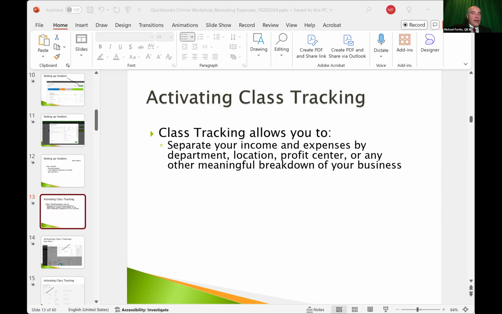In order to do that accounting, what I would typically need to do without class tracking is I would have to set up separate accounts in my chart of accounts for each of those businesses. For example, let's say in my restaurant I did delivery service. Okay, so I might have a delivery income account, but I would have to have a delivery income account for Portland and a delivery income account for South Portland.